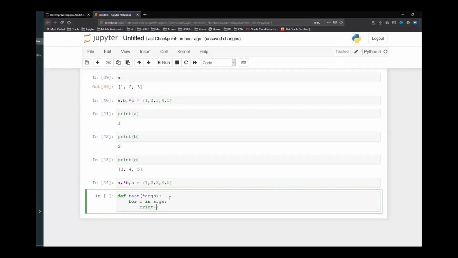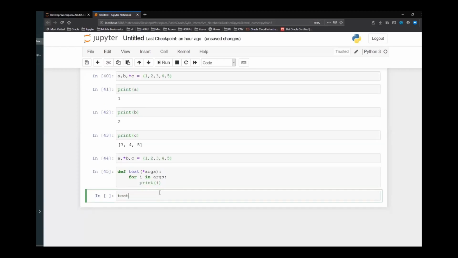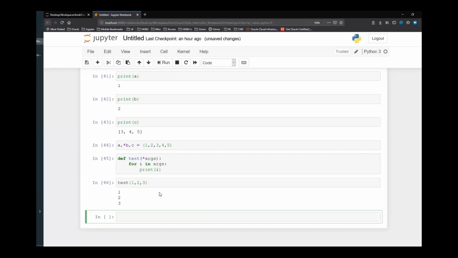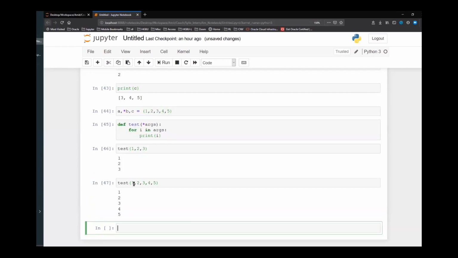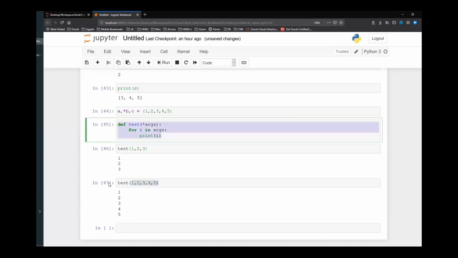Simple example I'm just taking. Here, while calling the function, I will say test 1 comma 2 comma 3, and if I run this, it is printing 1 2 3 for me. Same like test 1, 2, 3, 4, 5, it will still accept the 5 values and print 1 2 3 4 5. So just one function, and now it can take multiple values for you.